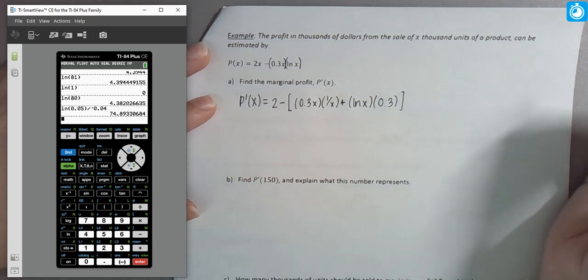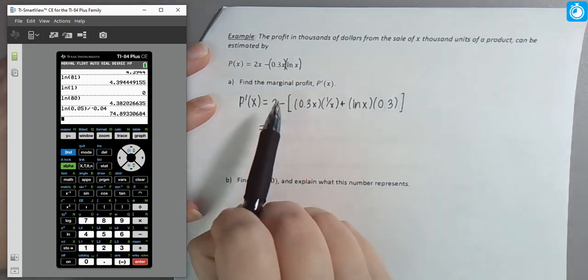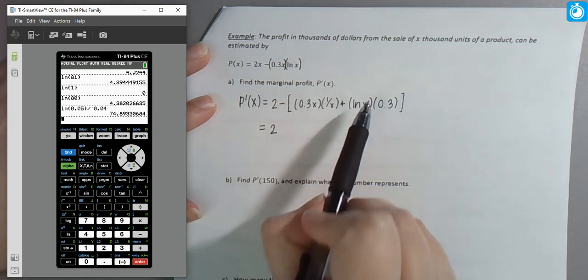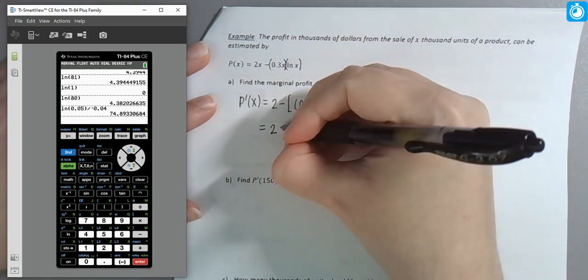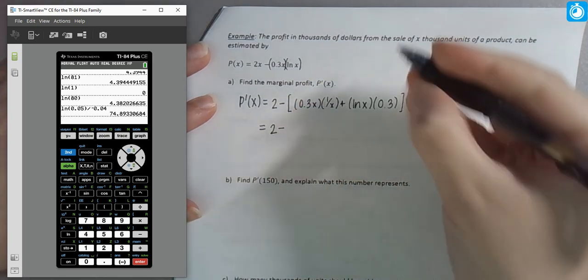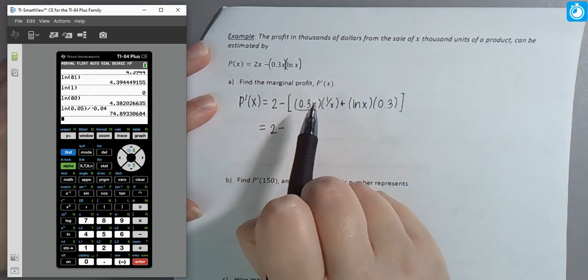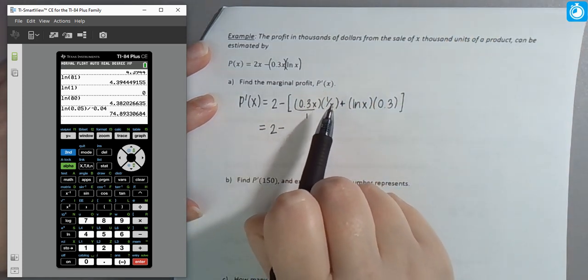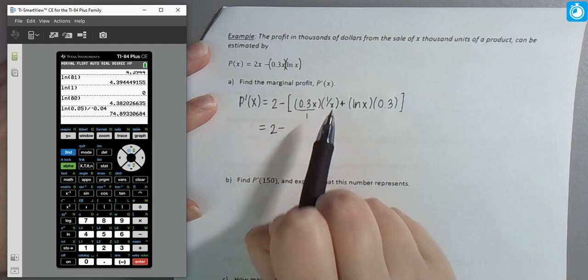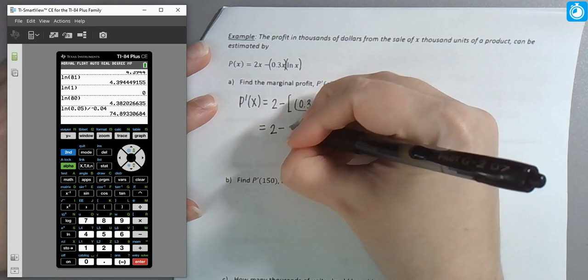Okay, and there's our derivative. So let's clean that up. So we have 2. Notice the subtraction sign will distribute to both terms, so both of those are going to be negative. Now what happens with this first term? So we have 0.3x. We can put that over 1 if it helps. That tells us we have an x in the numerator and an x in the denominator. So those x's reduce to 1, just leaving us with the 0.3. So minus